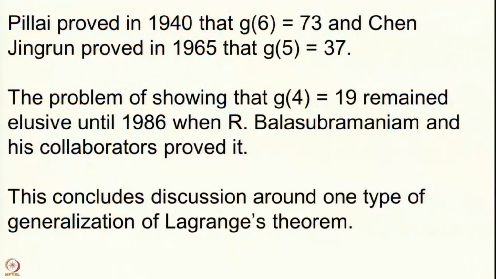Waring's problem is one way by which we can generalize the theorem of Lagrange. Since you are writing every number as a sum of squares, you can ask how many cubes are needed, how many fourth powers are needed and so on. This is intimately related to many other things in mathematics like the circle method, as well as the techniques developed by R. Balasubramanian and so on. So, this is one way the theorem can be generalized. There are other ways.